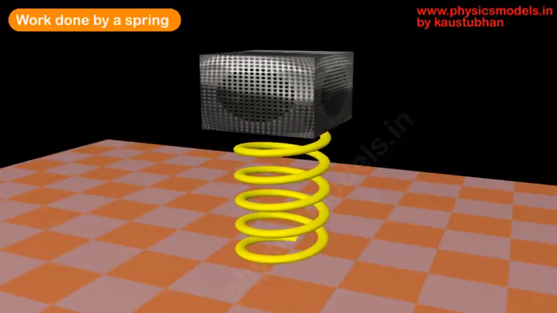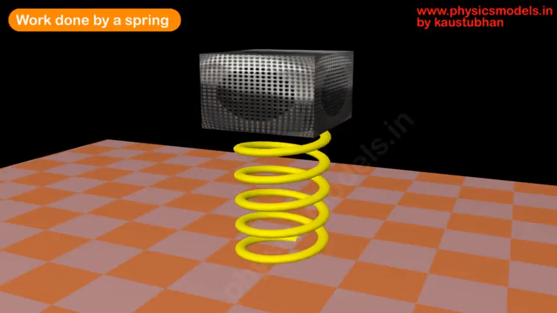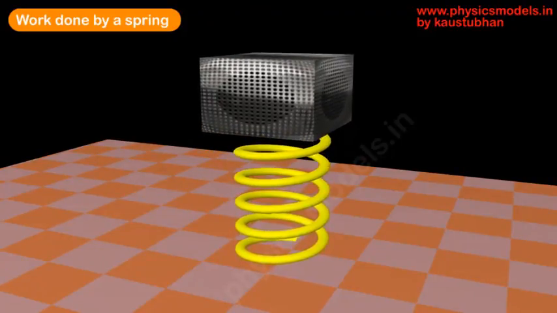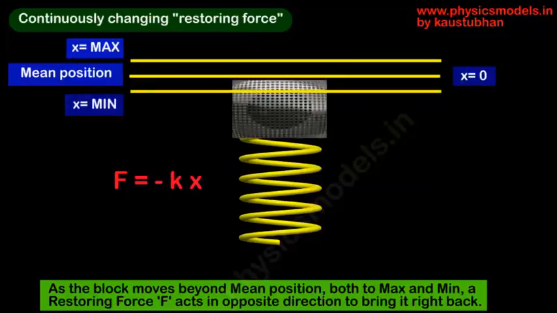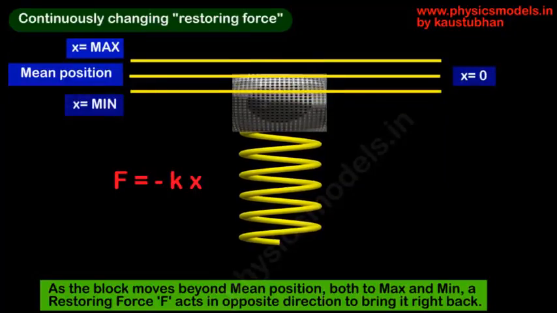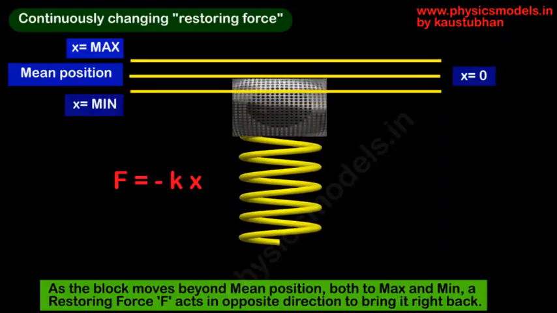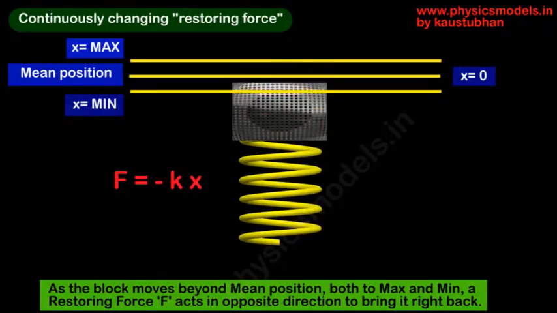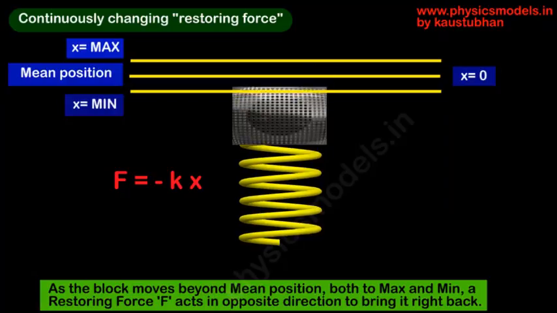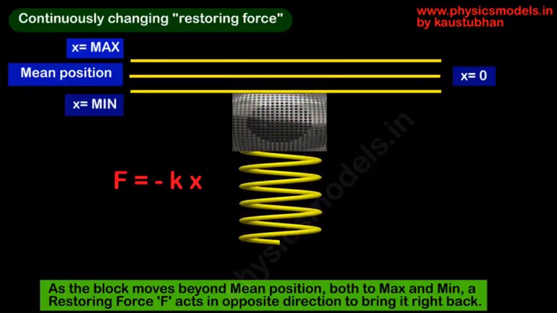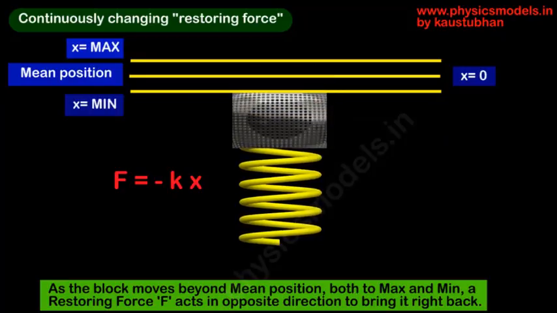Hi, this is a video to explain the work done by a spring. It's extremely important to master this one. So you can see a box that's bobbing up and down on a spring, and if you look at the side view, there is a mean position where the spring is most comfortable, which is x equal to 0, and some external force, let's say our hand, was required to initially compress the box down, and then it keeps bobbing